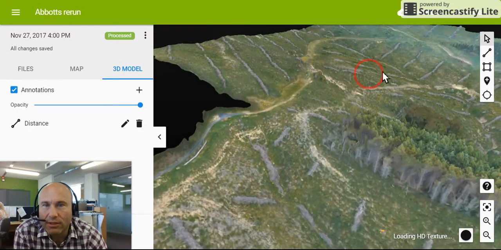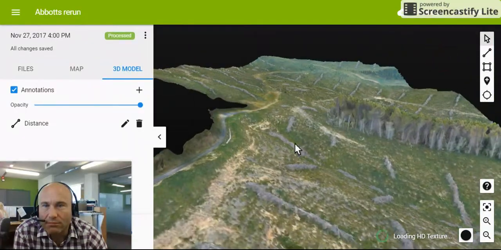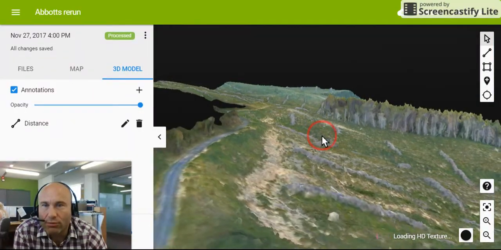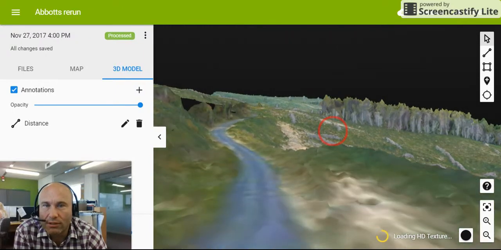So you end up with basically a full point cloud or a 3D surface which can be exported into AutoCAD and used directly for design purposes. You can start cutting cross sections through this. You can do essentially exactly the same things as you could do with a bunch of arbitrary